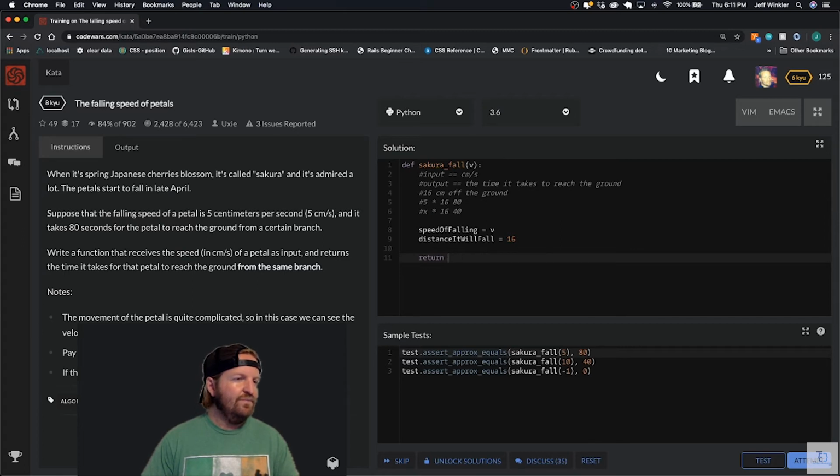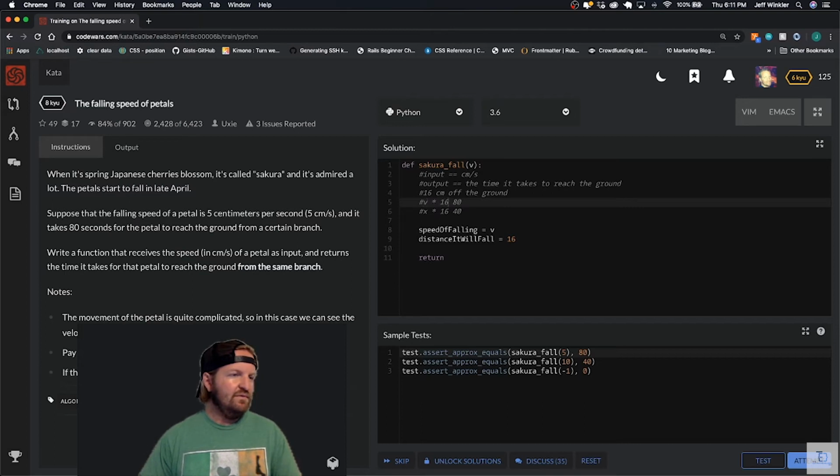Nope. We know v, so in this case the 5 is v. We actually didn't know this number. We do now. So we want to do the speed of falling times 16 centimeters, and then that'll equal